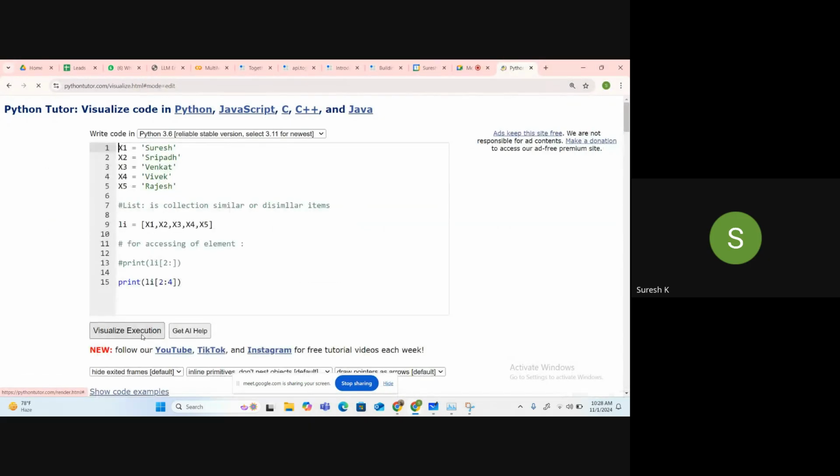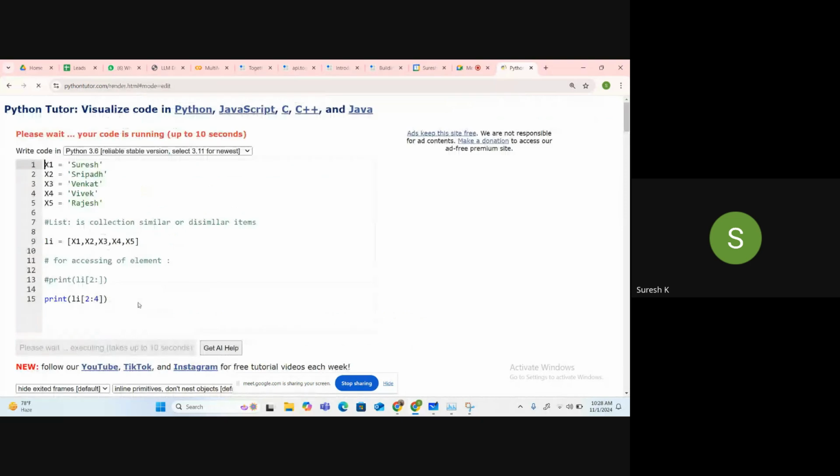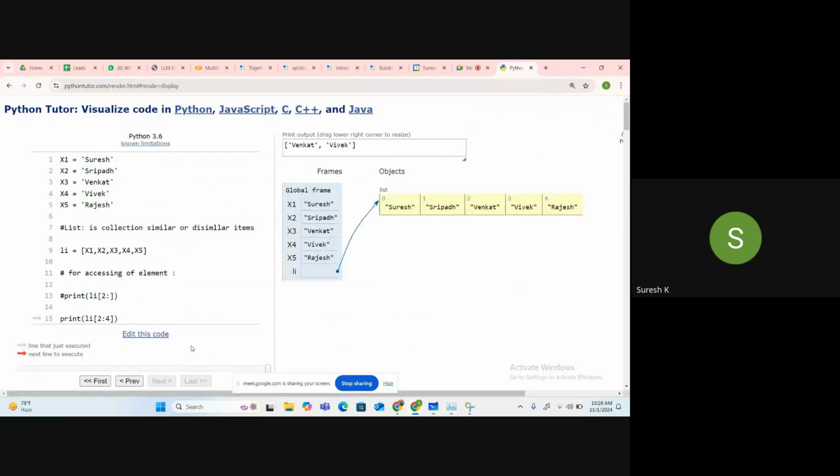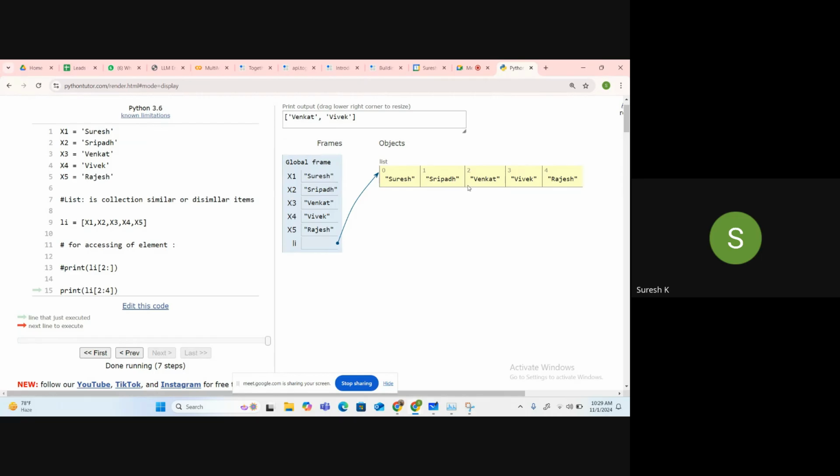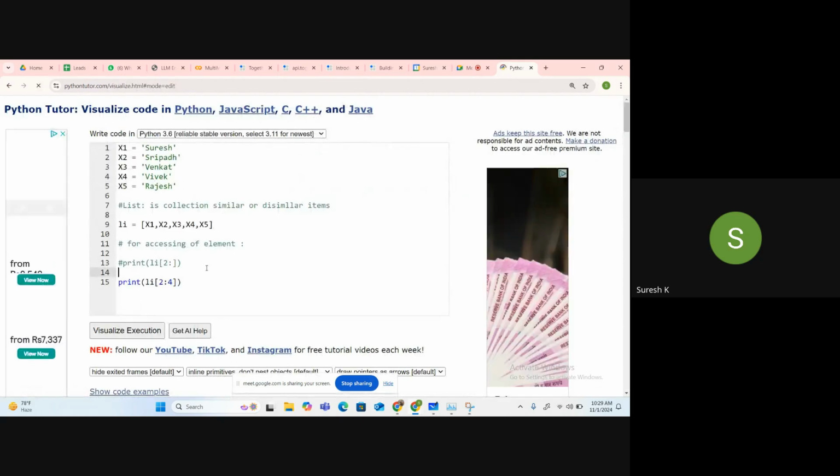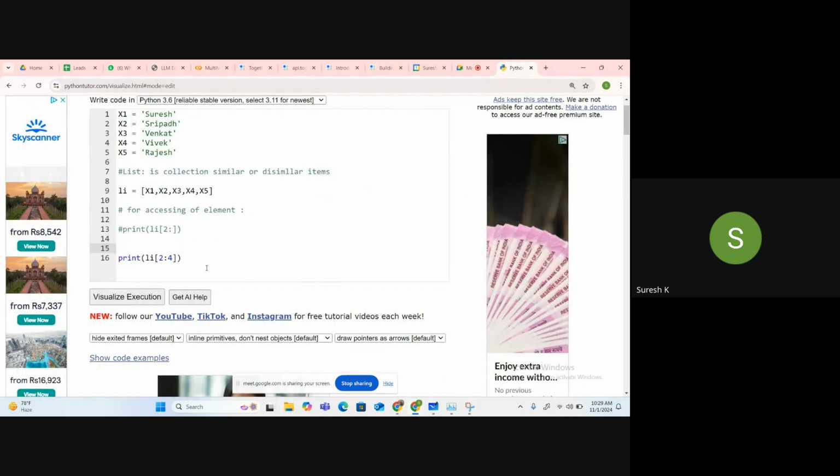What are we trying to do? We are trying to access 2:4. So 2:4 means the fourth element will not come, right? It will be n minus 1. The end value will always be n minus 1.